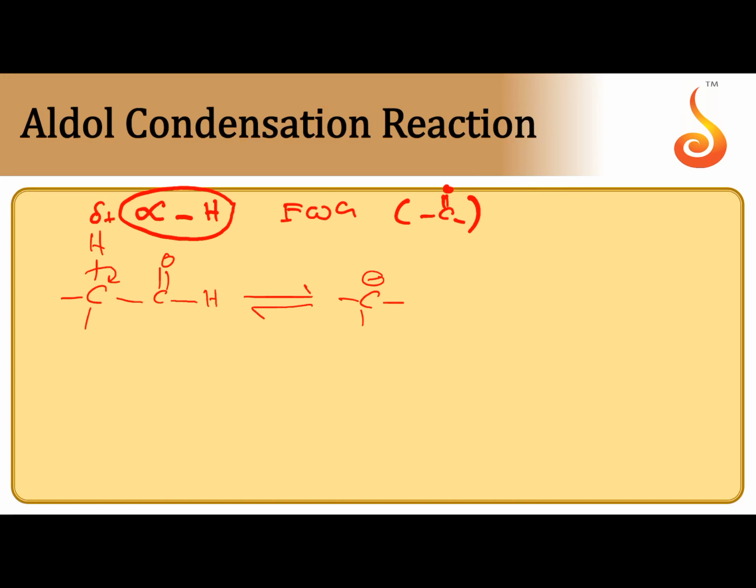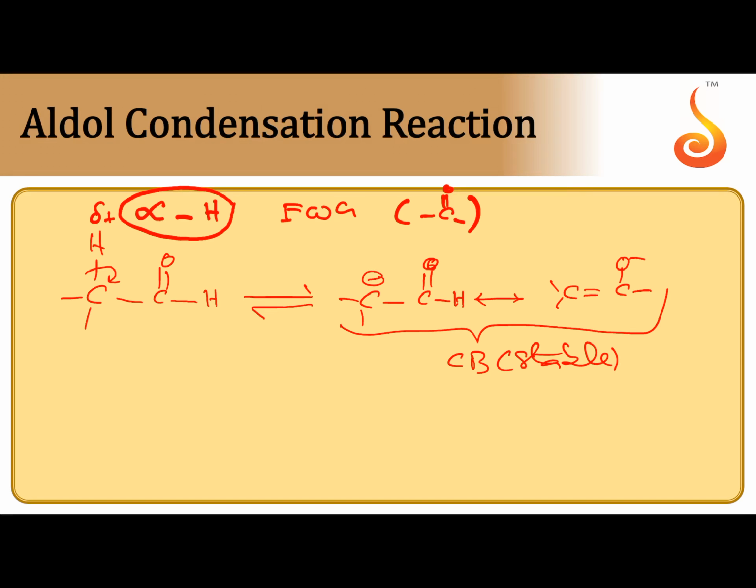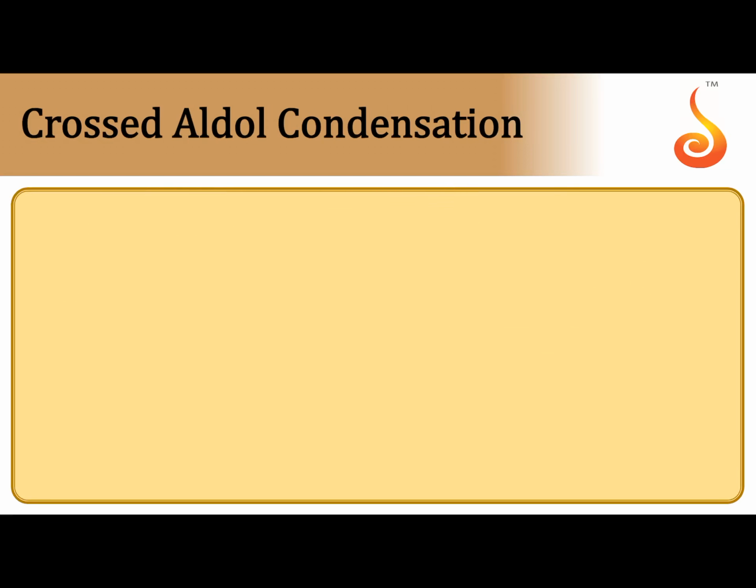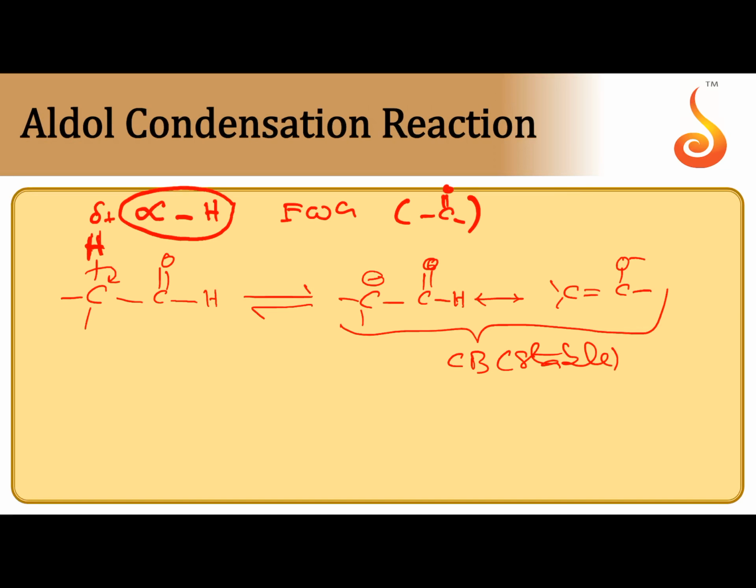conjugate base. Because of the conjugation between the C minus and the C double bond O pi bond, it is very very stable. It exists in two forms. So because of these two resonance structures, the conjugate base, also called the enolate ion, is stable. Since it becomes a stable conjugate base, an aldehyde containing acidic alpha hydrogen becomes acidic. Because of this alpha hydrogen, they undergo condensation reactions.